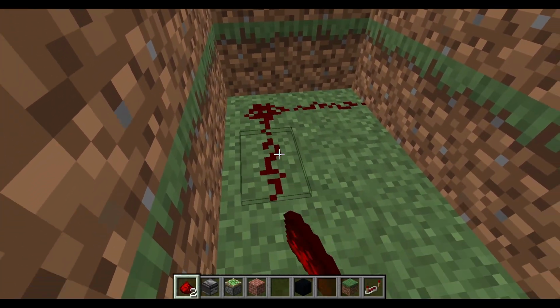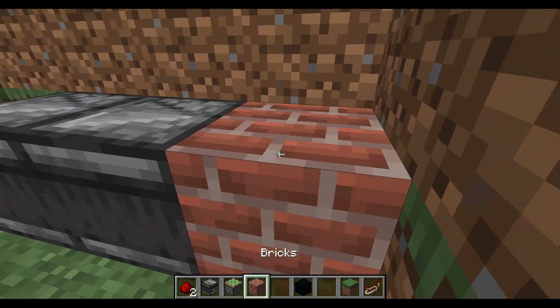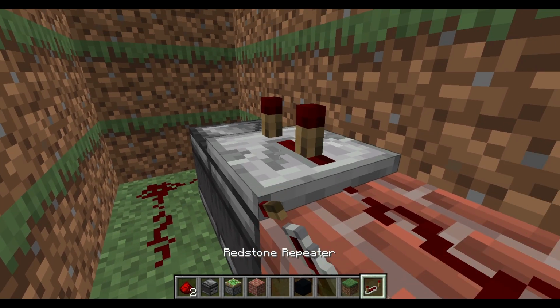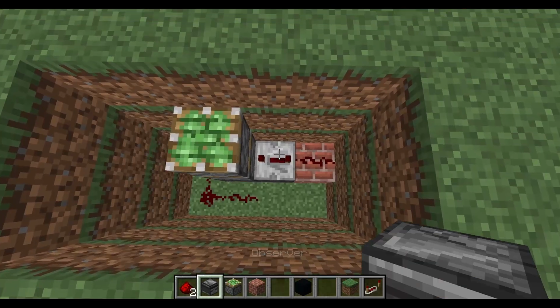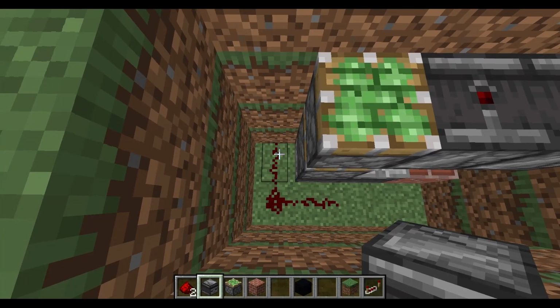Place 3 redstone dust like so. 2 observers looking into the redstone dust. A block, redstone dust. A repeater set to 4 ticks. 2 sticky pistons facing upwards, 2 observers facing into the repeater and redstone dust, an observer facing into this redstone